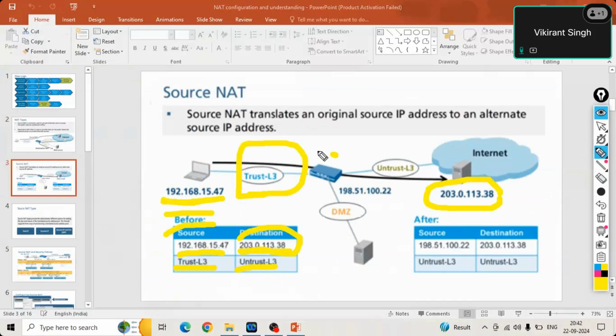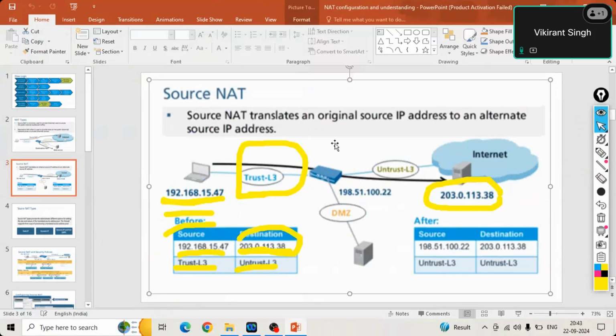You will create netting in the firewall. Once you create netting in the firewall, you will have access. So all your IPs will have only one IP, which is the public IP, and the internet destination, whether it is Google or anything else, will not be able to know the source IP which is requesting. So he will only know the public IP.